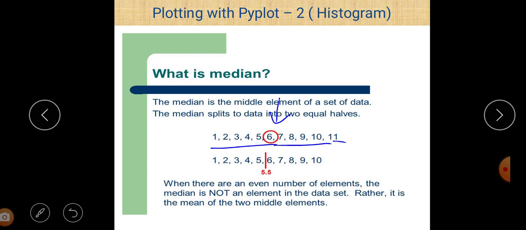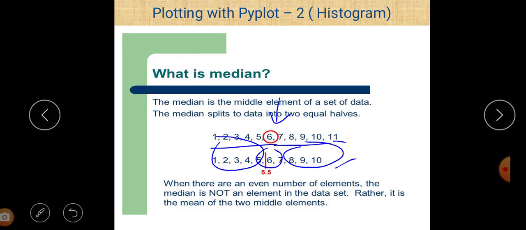But what happens when the number of data items is even? This is case number 2. In this case, you can easily see that 4 data items are on one side, and 4 data items are on the other side.